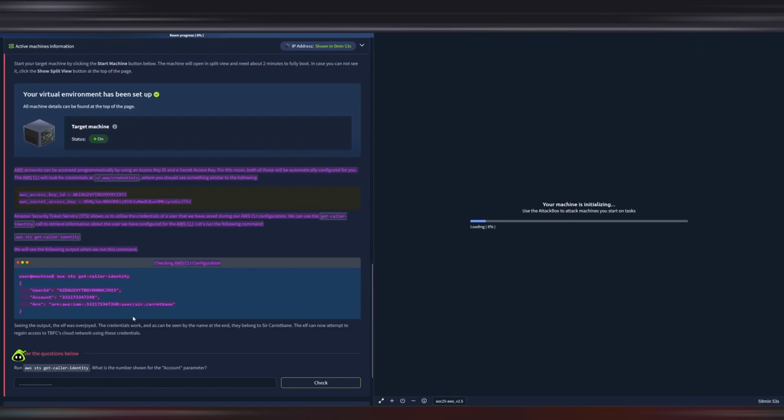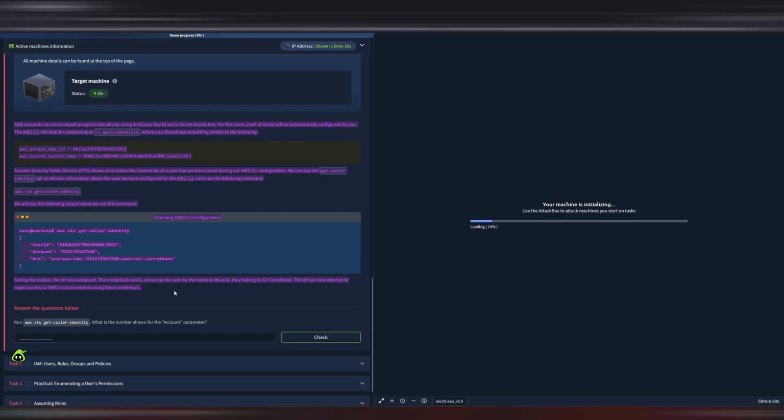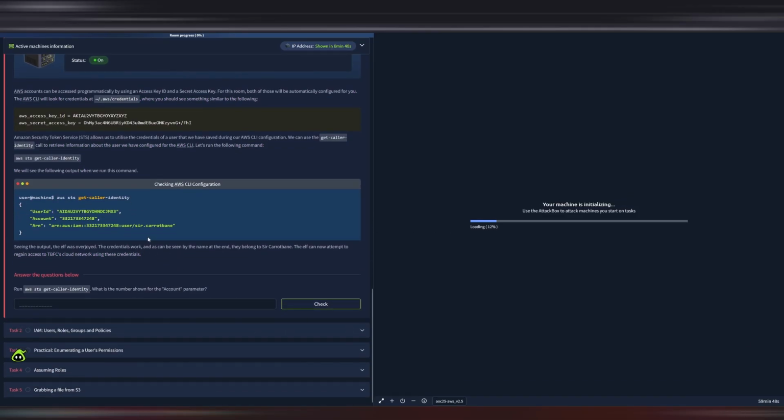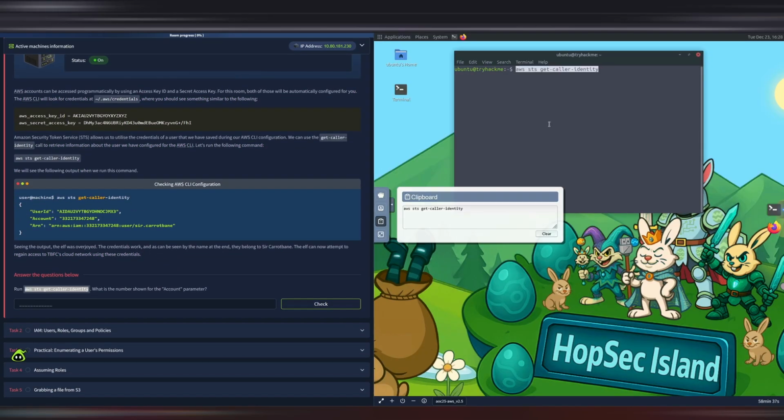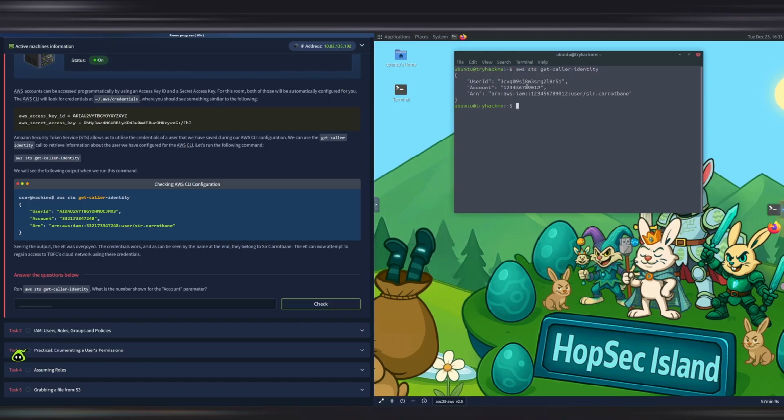They explain here how we can check the credentials. So let's let the machine load and we can answer the question. Machine is running. Let's run the command to see what we can find. Okay, we need to wait a little bit. Oh yeah, okay, so we were able to finally run the code. I needed to restart the machine.